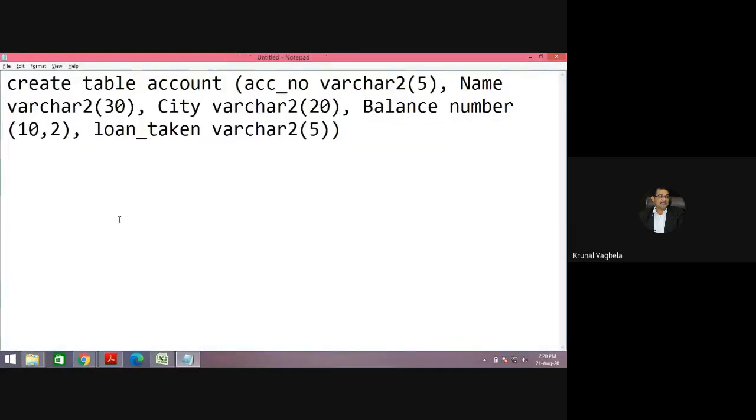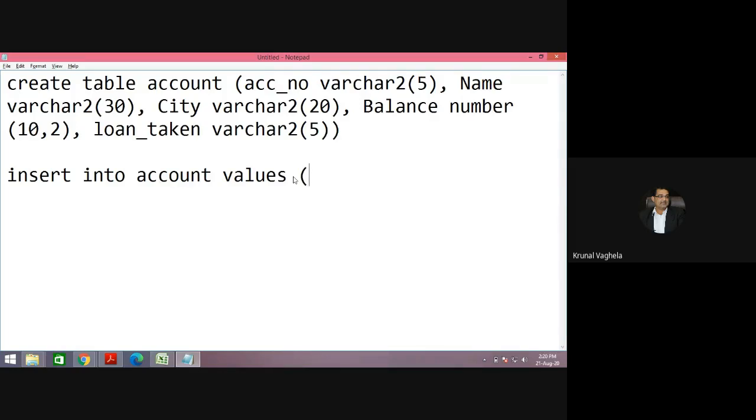For that, the command is insert into, name of the table, insert into account, space, values, values is the keyword. Insert into table name, which is account, values, bracket. Now you need to specify the value.